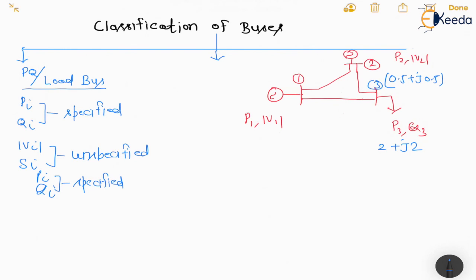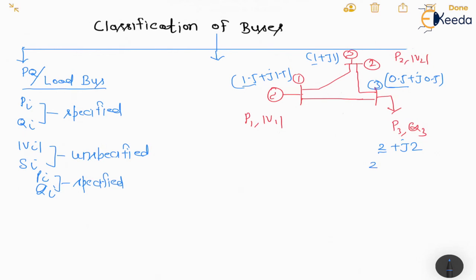So the active power and reactive power generated will be equal to, let us assume 1.5 plus j 1.5 here, and let us assume 1 plus j1 here. So we can see and we can match that. We can talk about the active power first. 2 active power demand and 0.5 losses, so it will become 1.5 plus j1. So our frequency will be whatever we designed, and same in case of reactive power.